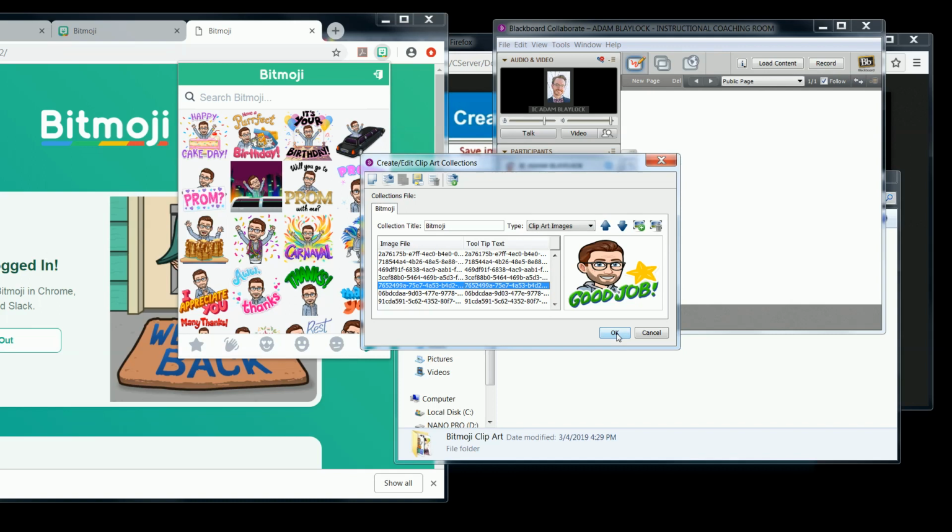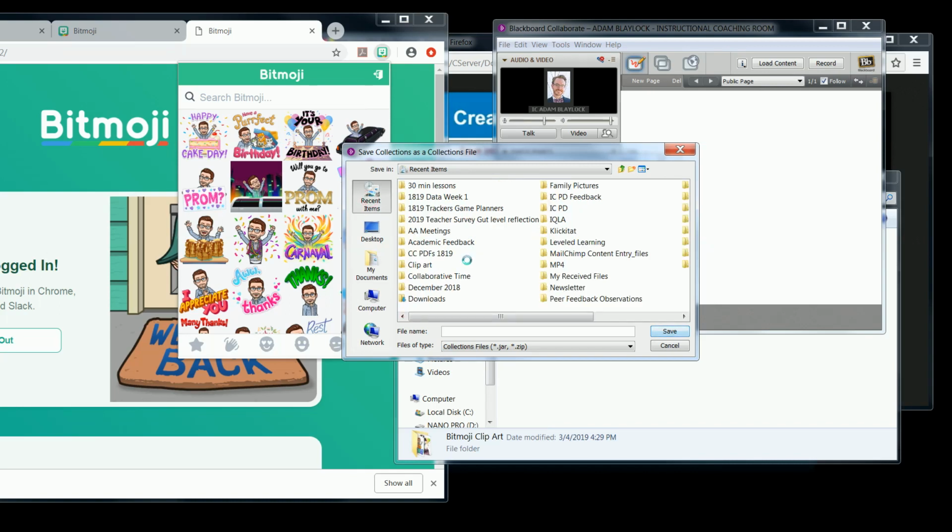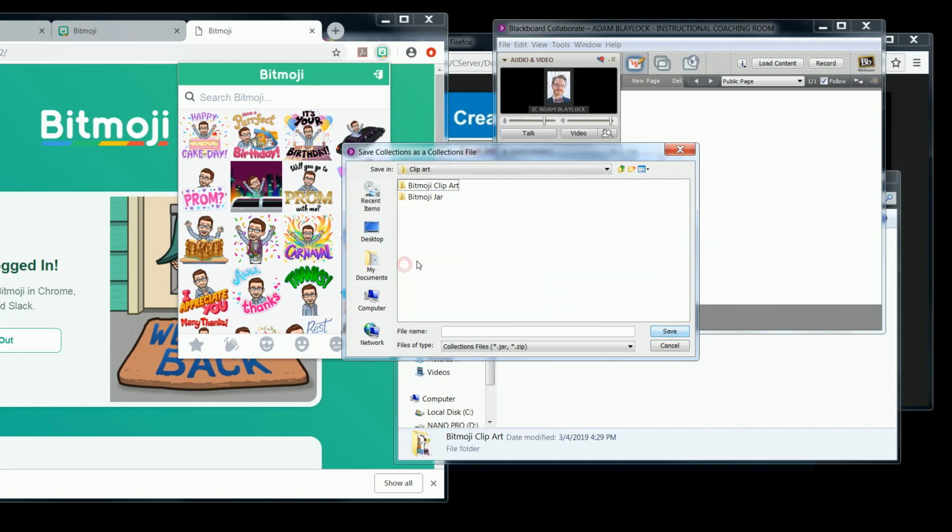Then you can hit OK, and it's going to ask you where you want to save that JAR file collection. Okay, so I'm just going to look for recent items because I know I have it. Here's clip art. And I'm going to save it in this JAR file, the jar file, not in the clip art file because I don't want to mix and match them. That was for my original clip arts. This is for my